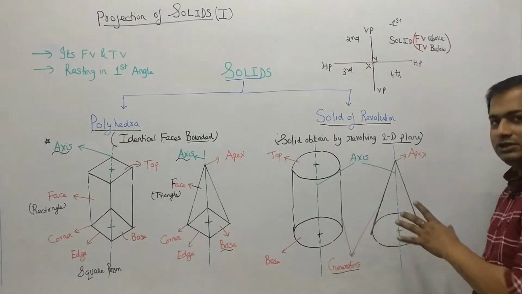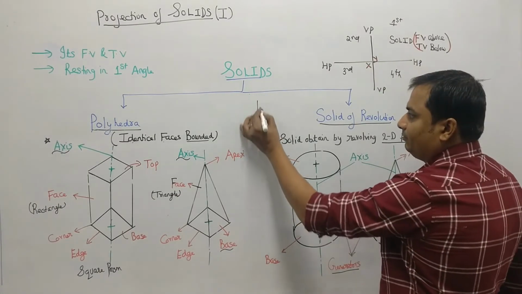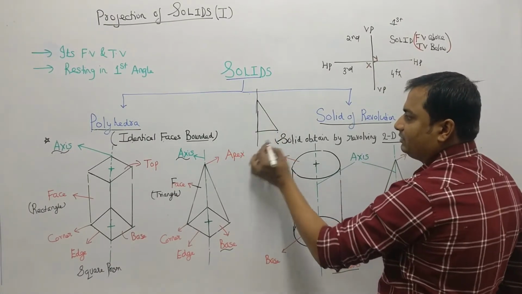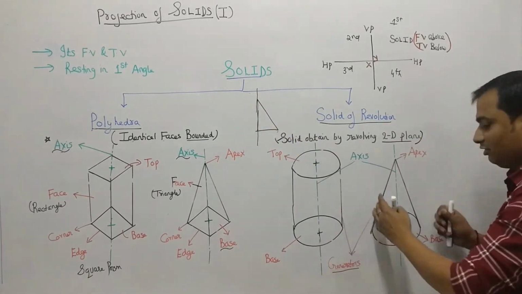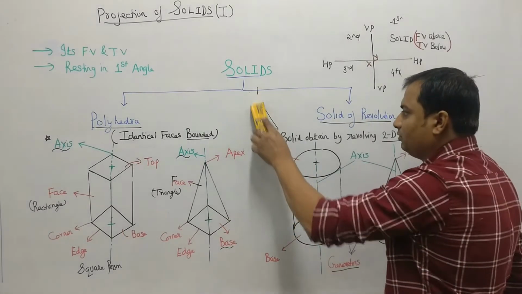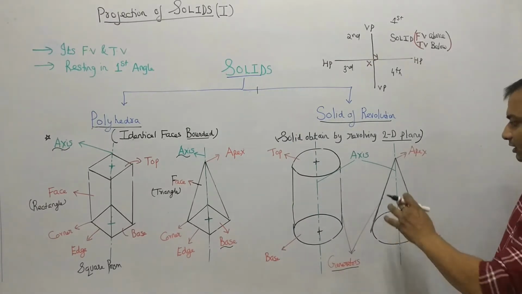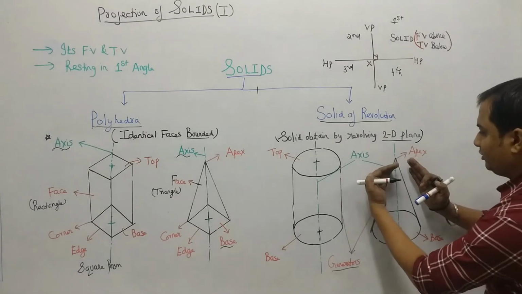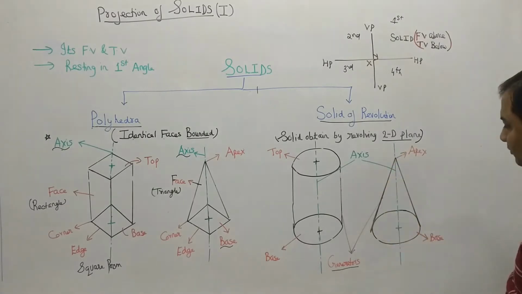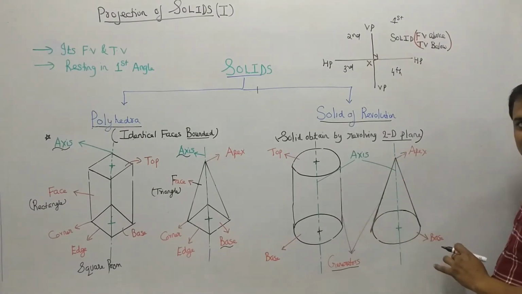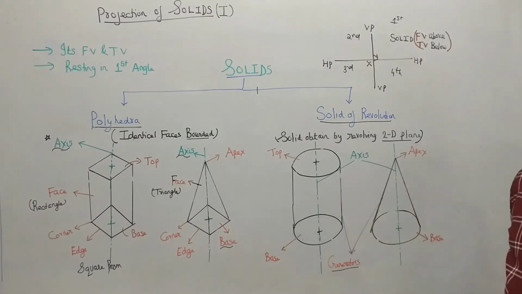Now the cone. The cone also comes under the category of solids of revolution. Why? Because when you revolve a right angle triangle about this axis, automatically you will get the shape of a cone. We all know the shape of the cone. Now what are the terms associated with the cone? Similar to the cylinder, the cone has a generator. These two slant lines from the front view are called the generators of the cone. This is the base of the cone, and the cone also has an apex or vertex.